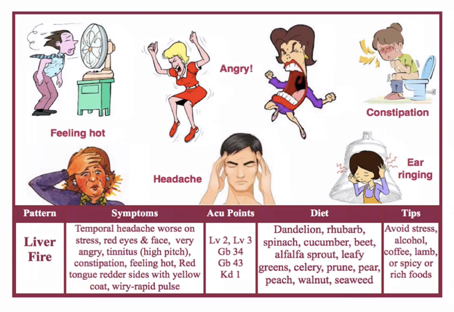So that would be on the tongue. The pulse is rapid because there's fire. It's wiry because it stems from liver qi stagnation. Liver fire comes from liver qi stagnation, right? And basically what happens is the person is so stressed, more and more stressed, and eventually it turns into fire. The volcano erupts, I guess. And so the temporal headaches are going to be worse on stress, because stress does affect the liver. And then at the end of the day, people may get a headache and it'll be on the temporal area, because that's the liver gallbladder area for headaches.